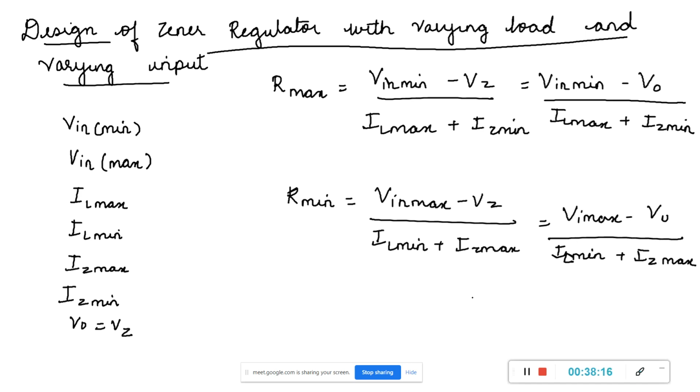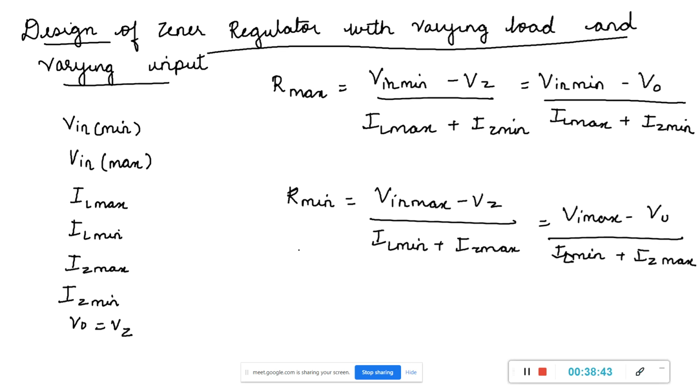So these are the two limiting values of the series resistance R for a Zener diode. For any value of R between R max and R minimum, the circuit works successfully as a regulator. This is the minimum resistance value, this is the maximum resistance value. If the resistance value is in between R min and R max, it works successfully